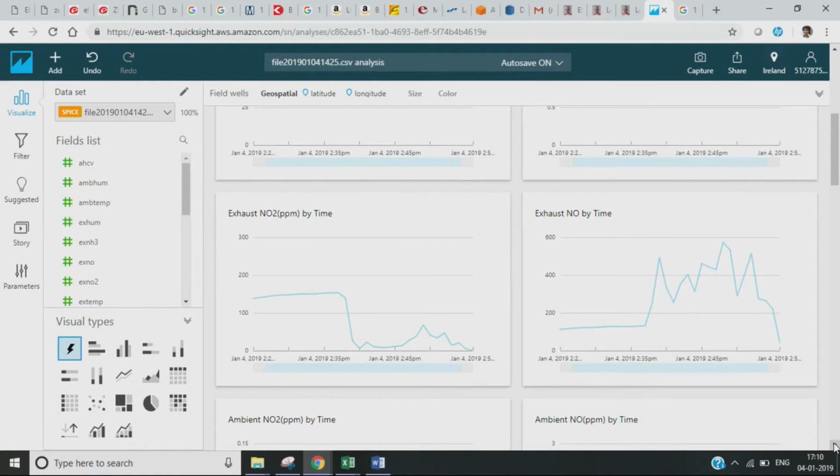Exhaust nitrogen dioxide: we started off at this point and we went through, and then the vehicle took off, and then we went some distance, and suddenly there was a drop in the nitrogen dioxide, and then again there was a rise of nitrogen dioxide as we went through our route, and therefore, it is quite fluctuating. Again, as I mentioned to you, if it is exhaust, for nitrogen dioxide we typically need sensors